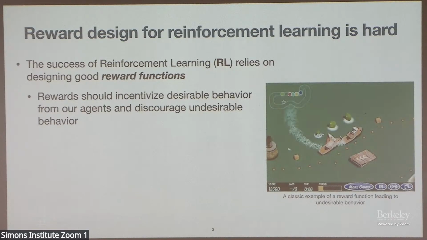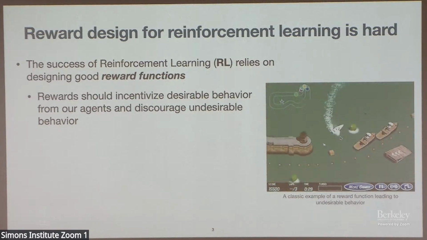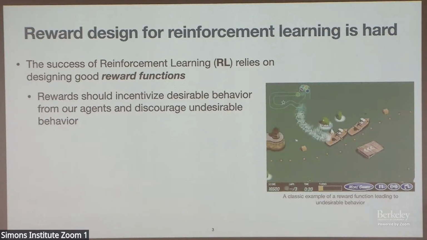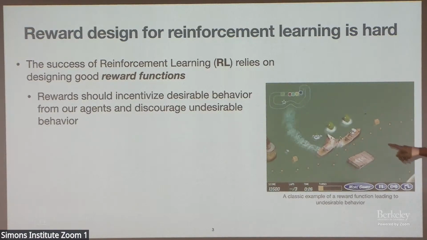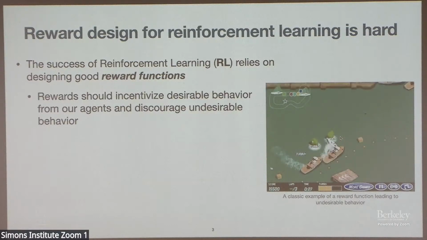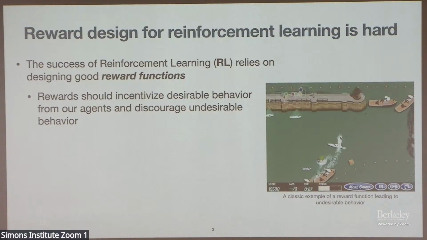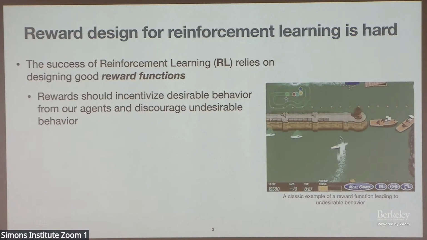This is a really classic example from early papers in reinforcement learning and AI, and it's about this boat racing game where the goal is to collect as many points as you can while finishing this loop around the track. So you have this task, which is finish the race, but you also get more points for picking up these green objects. And basically the reward function that they gave this policy, or this boat, was get as many points as possible, because you get points for finishing the race. You also get points for collecting these things along the way.